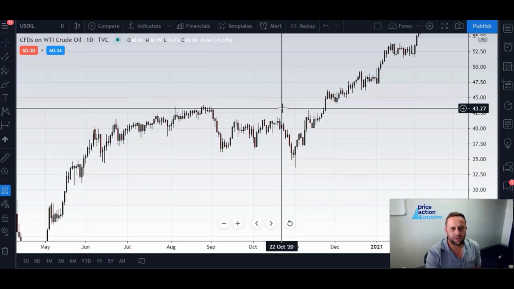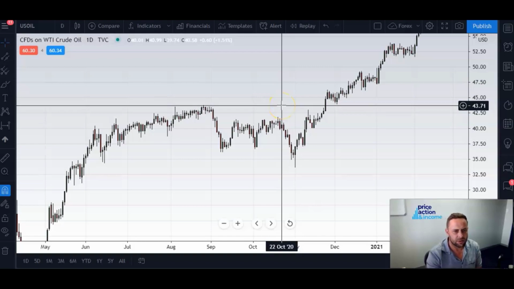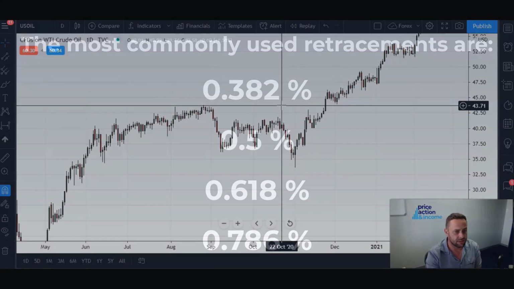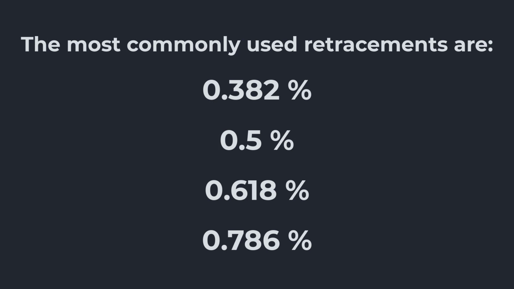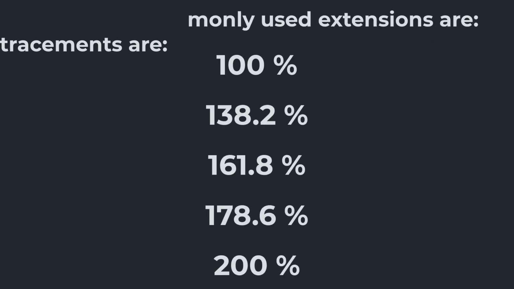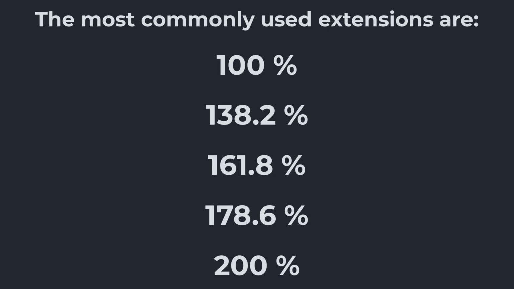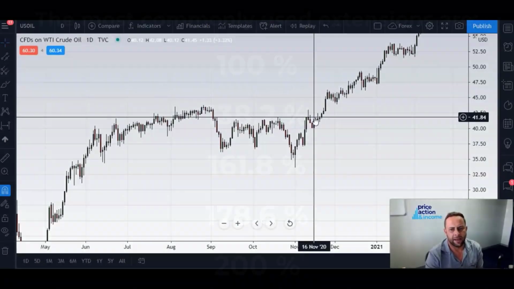In today's video I want to be talking about fibs, or Fibonacci ratios. The most common ones they use are obviously your retracements and also your extensions. But for me, it's just a small part of the tool set that I use. I like to use Fibonacci ratios in combination with market geometry, and especially when I see a confluence of these ratios with market geometry lines is where I would typically take